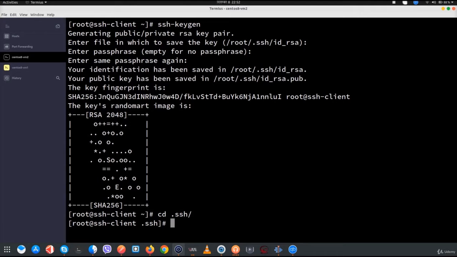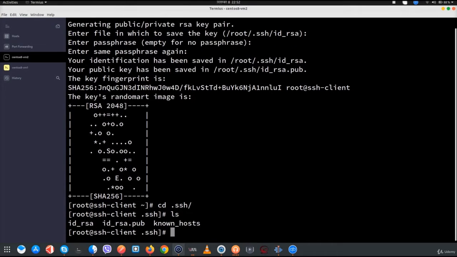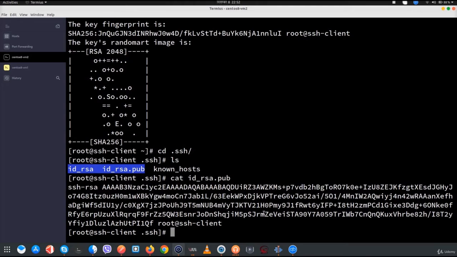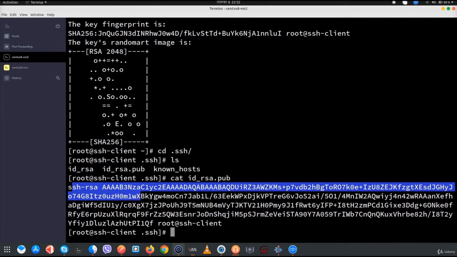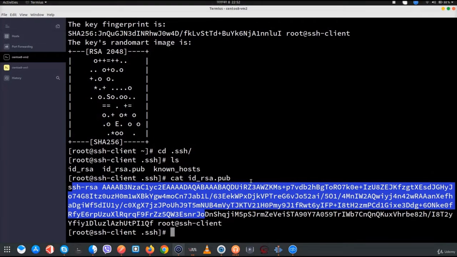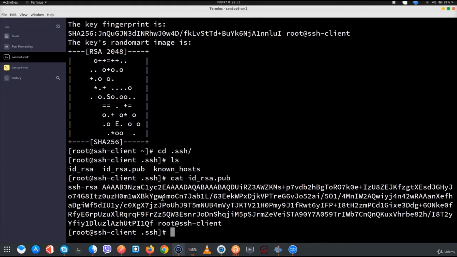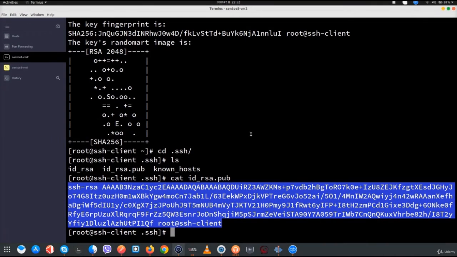If I go inside and do a listing, we can see we have two files, id_rsa and id_rsa.pub. Let's get the content of this public key. We saw we have some random characters,